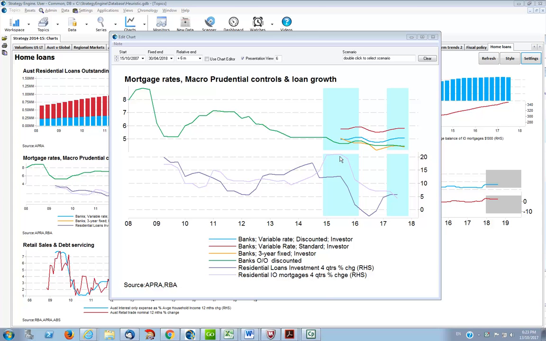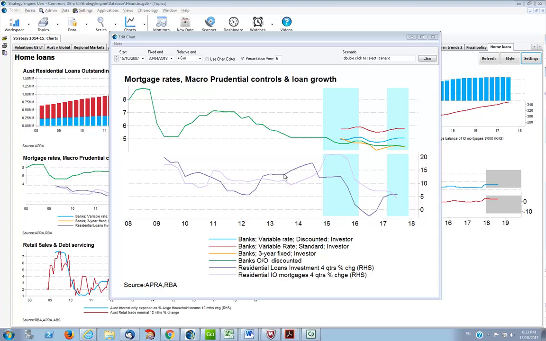These are total outstanding loans. With the first round of macroprudential controls put in place, as well as some associated increases in mortgage rates around that time, you can see the move up in standard investor rates and so on. You did see a fall away in investor loan growth back to around single digit and more recently down to 5%. We've now seen another round of macroprudential controls and also a lift in interest rates. So it did have an impact in 2015 into early 2016 and does seem to be having an impact at the present time.